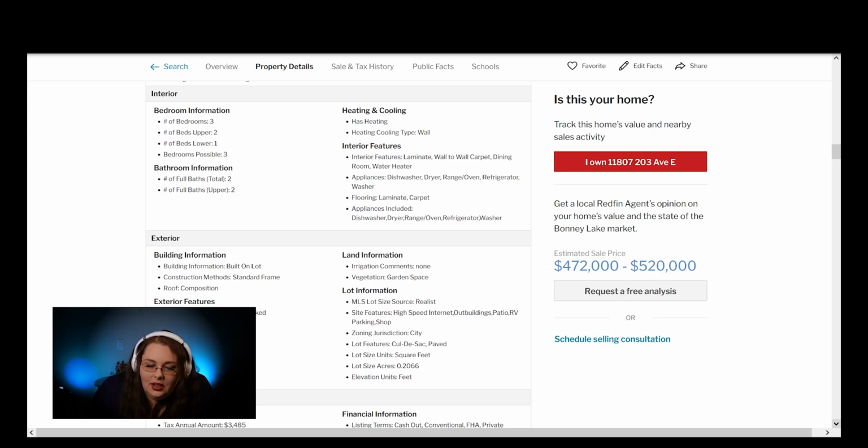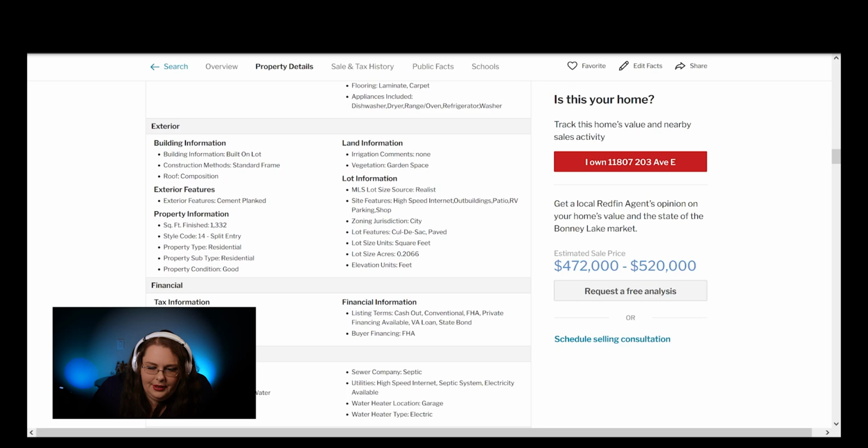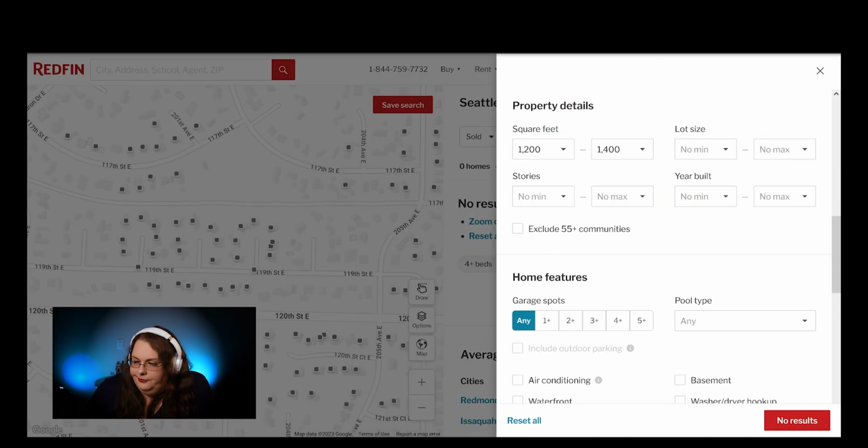What am I looking for? I'm looking for, here we go. It's a split entry is how they're categorizing it. They're not categorizing it as a 1.5. So do minimum 1. I'll do maximum 2. I usually don't even bother with the stories, but I